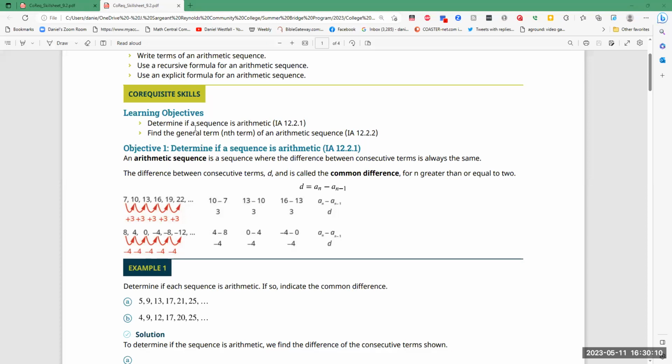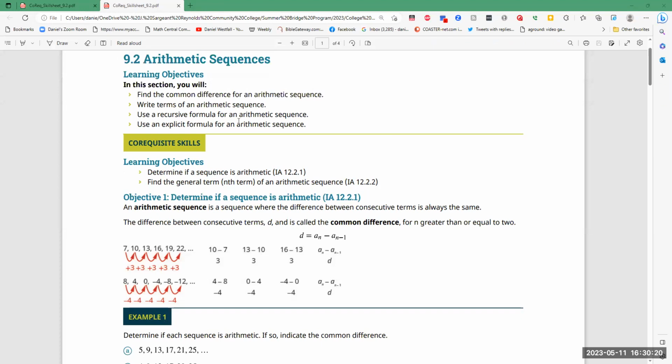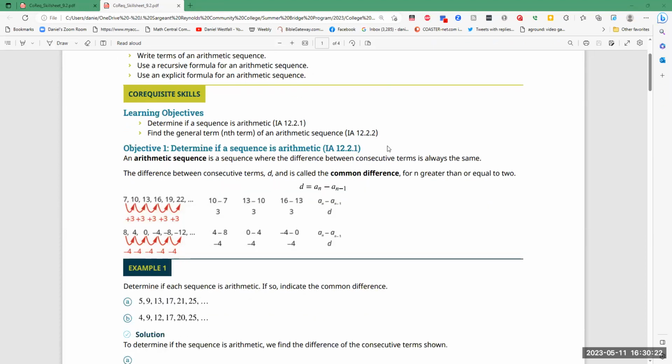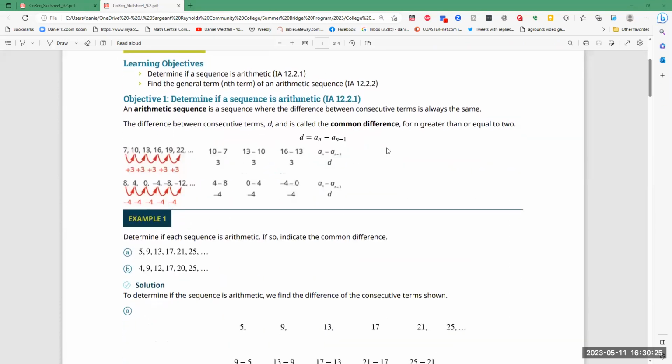The skills that we're going to talk about right now, though, are going to be to determine if a sequence is arithmetic and to find the general or nth term of an arithmetic sequence. So I will talk about these things as we go through. The first thing we want to talk about, though, is what is an arithmetic sequence, to determine if a sequence